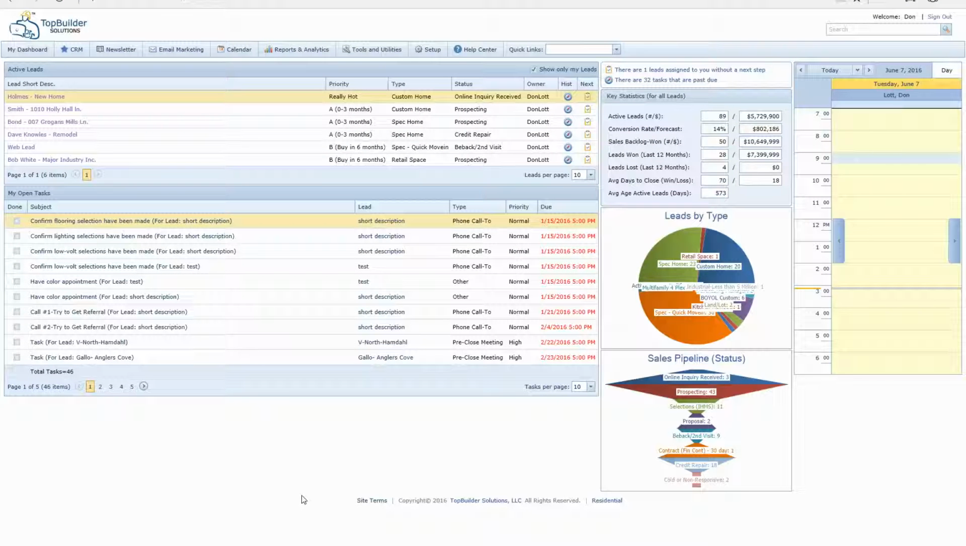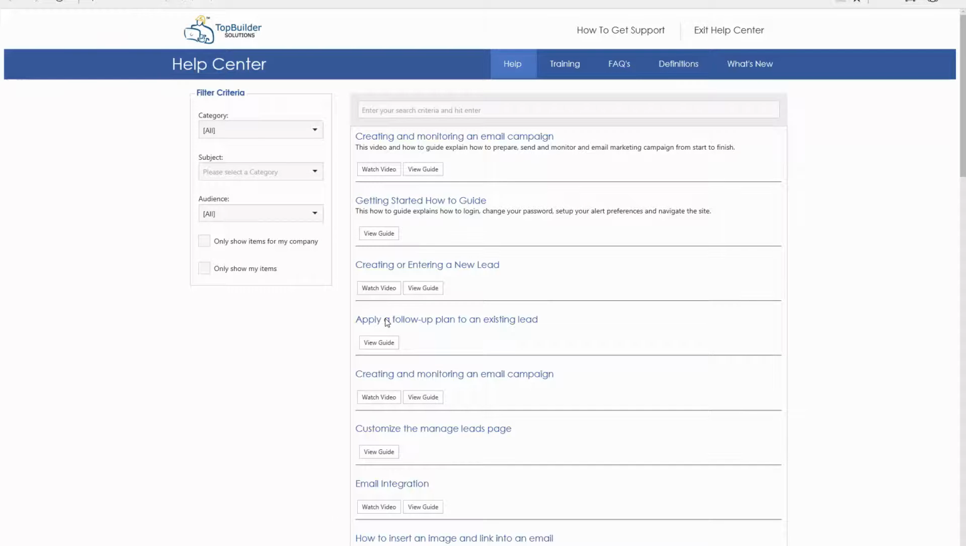If I pop up Top Builder and my dashboard, I'll see the Help Center here in the nav bar. When I click it, I always get a fresh window. And one of the very first things I see is creating and monitoring an email campaign. We have a fantastic guide and video on this, which I would highly recommend watching. It's got some great information. Know that this is always available for you. We're always growing and expanding it,